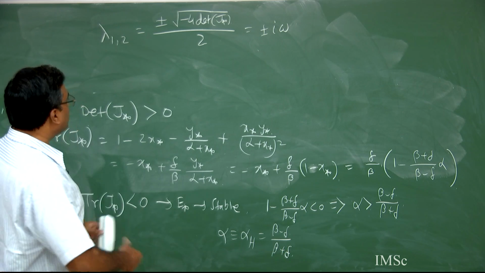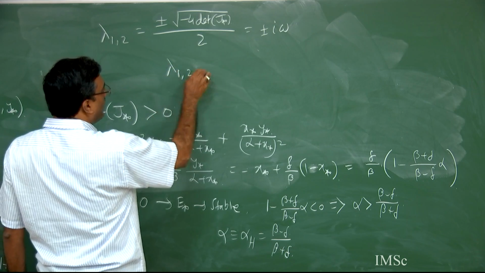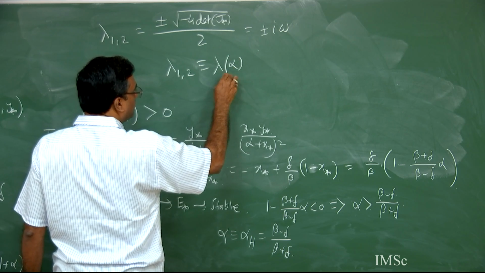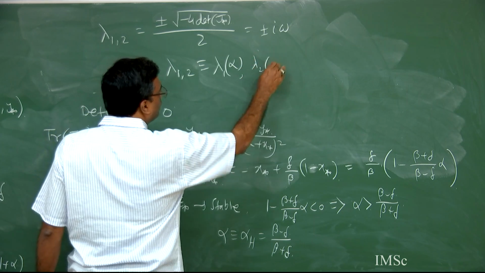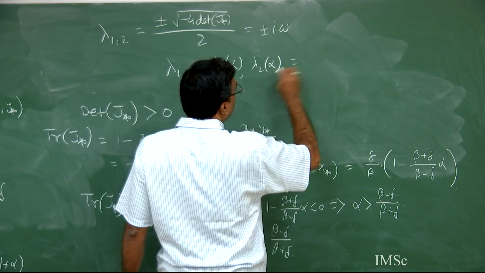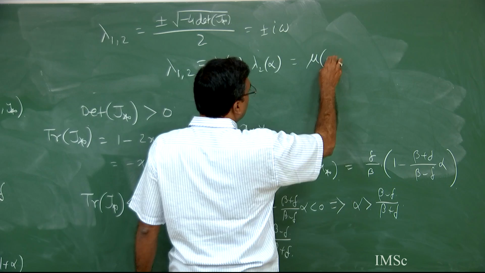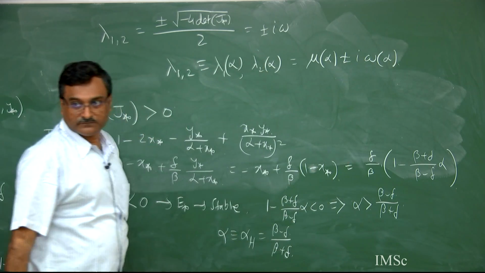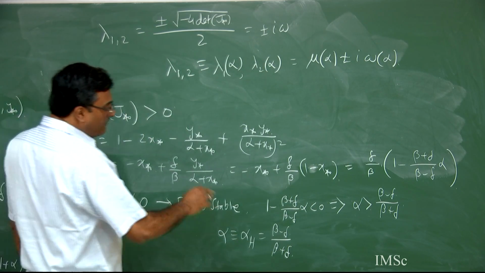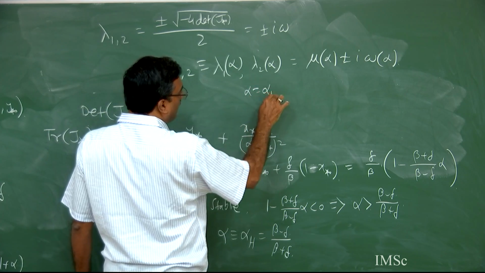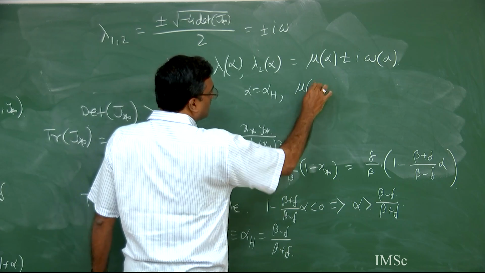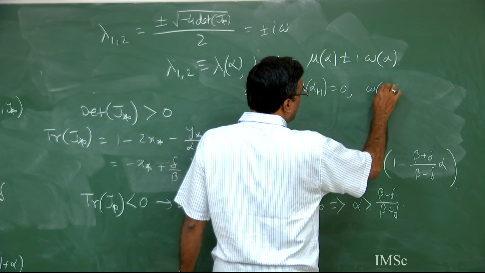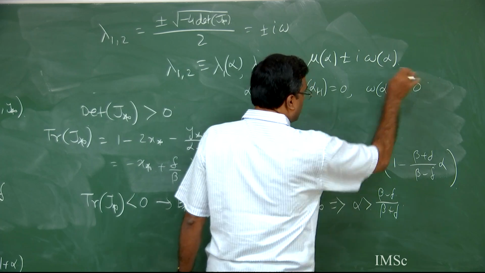So that means lambda 1, 2 are functions of alpha, that is lambda 1 alpha and lambda 2 alpha, and this will be equal to mu alpha plus minus i omega alpha, and in particular at alpha equal to alpha h, mu of alpha h is equal to 0, and omega alpha h is greater than 0,